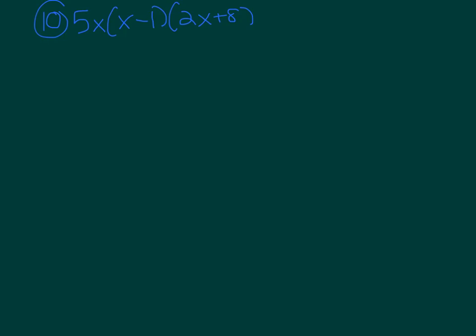Our last type of problem, which is still, once again, either a bonus for the CP or only for the honors class, involves two things here. You have to use both the distributive property and the FOIL method. It is your decision which you want to use first. So I'm going to show you the first method to doing it, and then I'll also show you the second method. So the first method